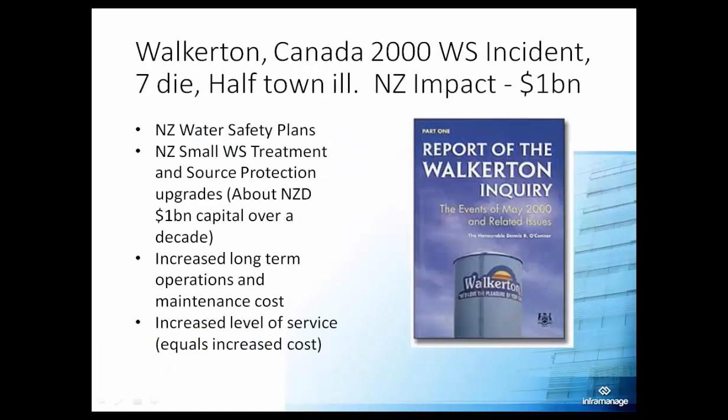The final one we'll talk about before we go back to Dawn to see if there's any questions was Walkerton in Canada in 2000. Small town, had a water supply safety incident that was due to, at the end of the day, corrupt and criminal practice, but people died and people were ill. And over in New Zealand, so miles away from Canada, our public health officials looked at that problem and said, hey, the same thing could happen in New Zealand.